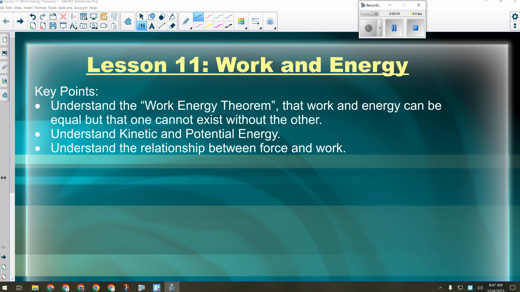Okay, so last week we were talking about acceleration, and as an aside, tomorrow's quiz will be on acceleration. Two acceleration problems, because we're just starting the work energy theorem today and probably won't get far enough into it to be worth testing tomorrow. But acceleration relates to the work energy theorem